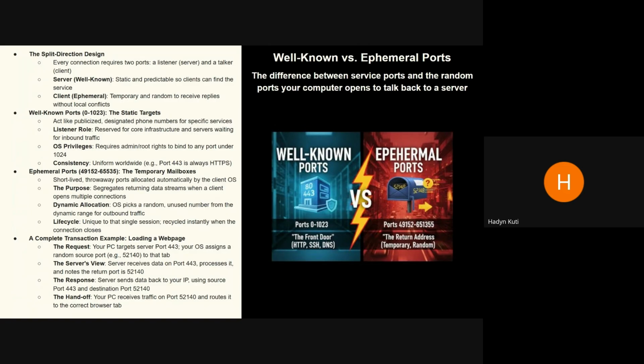The complete transaction example, loading a web page. The request gets sent and your PC targets port 443. Your OS assigns a random source port, like 52,140, to that tab. The server receives that data on port 443, processes it, and notes the return IP and the return port,